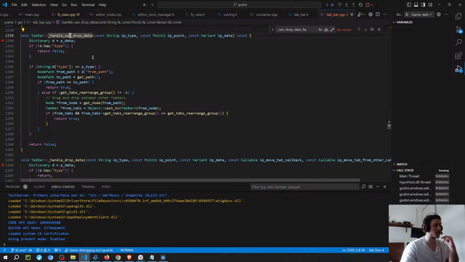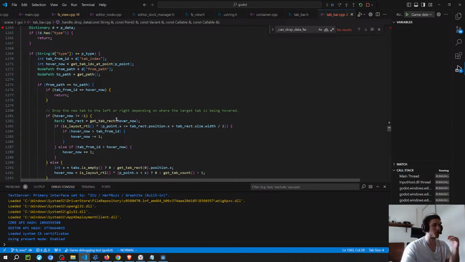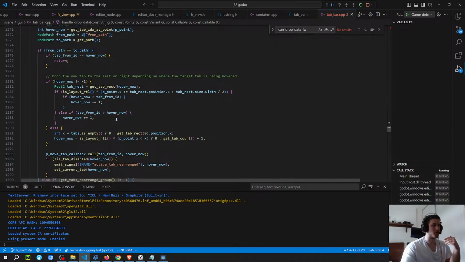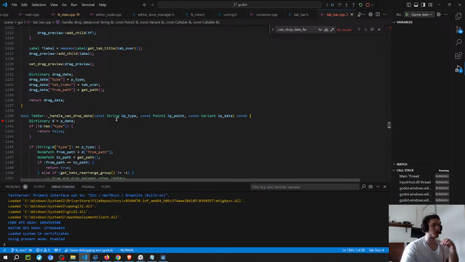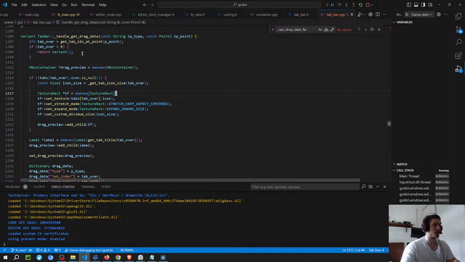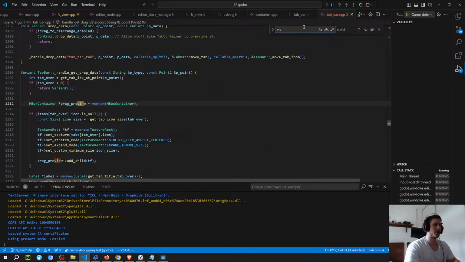So in order for the three functions to work, it has to be both classes. I think that the can drop data and the handle drop data are going to be from the true perspective, from the target node perspective. And the get drag data is going to be from the from. And then on this class, they also have a thing on